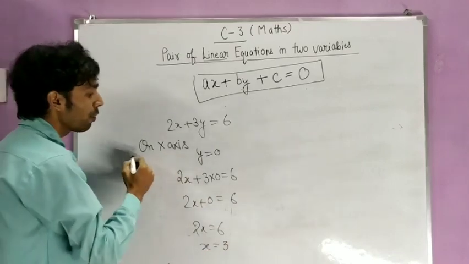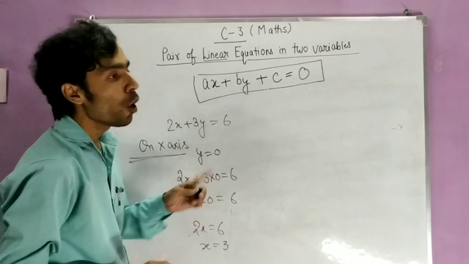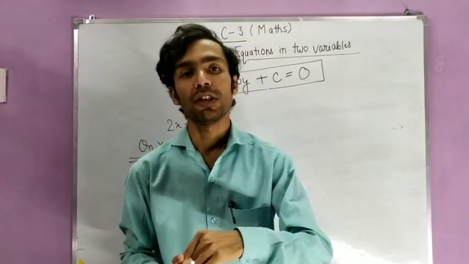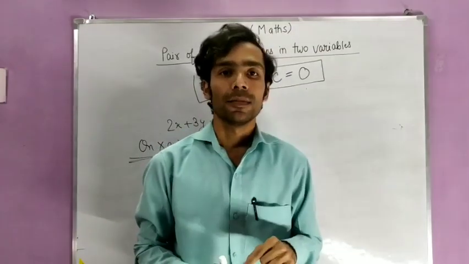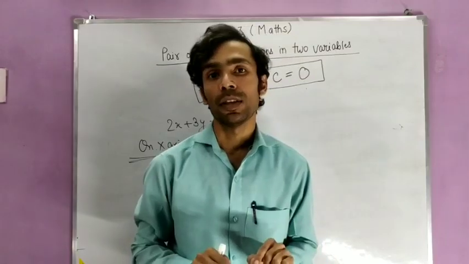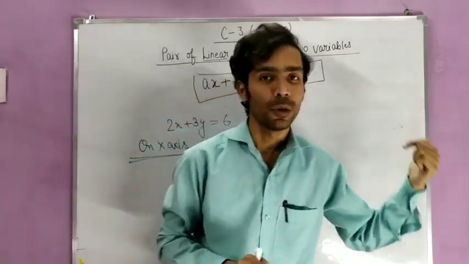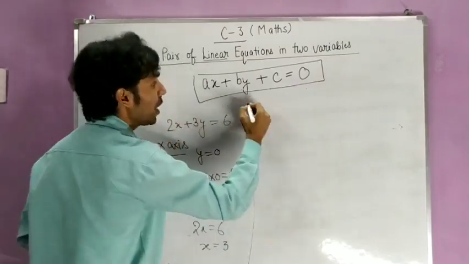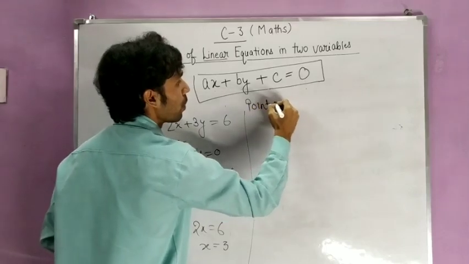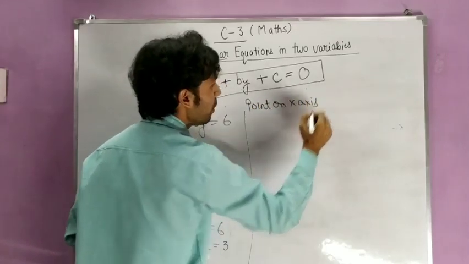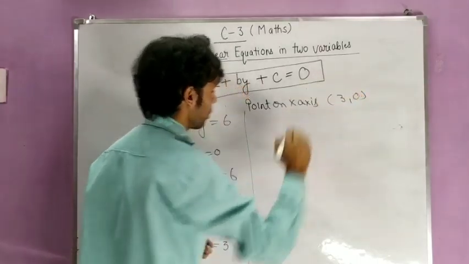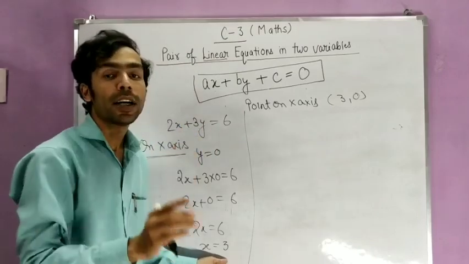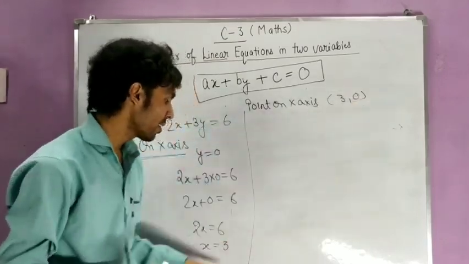So we have taken out 1 point on the x-axis now, and we all know that in any point there is one x and also one y, which are known as abscissa and ordinate. This you have studied in class 9th, student. Please recall the memory of class 9th. Okay, so the point we have calculated on the x-axis will be (3, 0), because first we write the value of x, then we write the value of y, and on the x-axis y is 0 and x is 3.